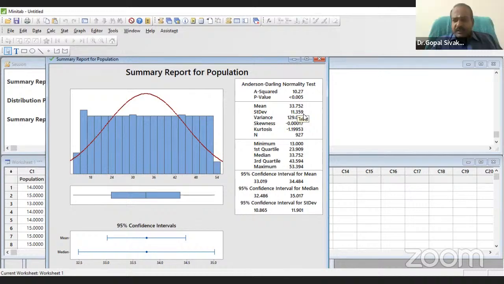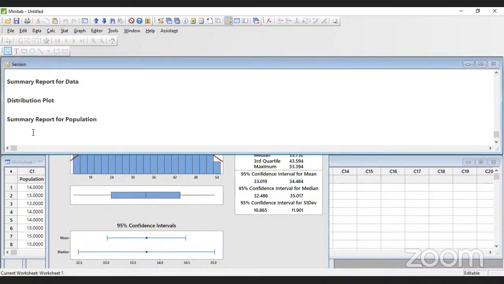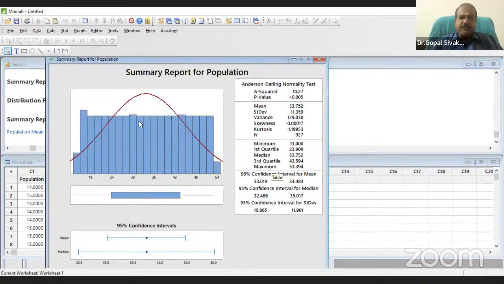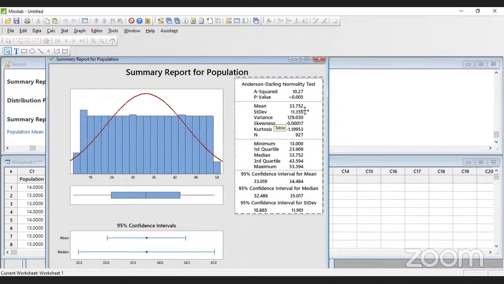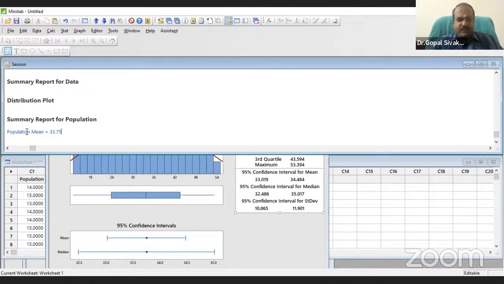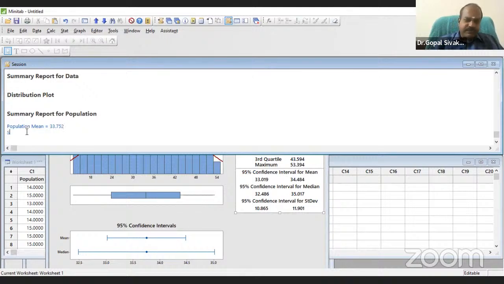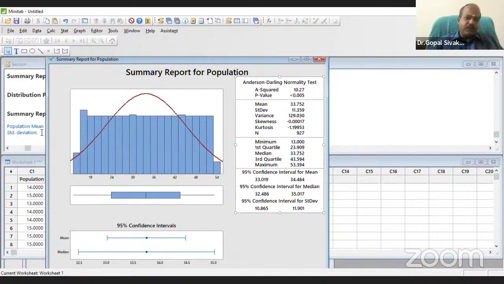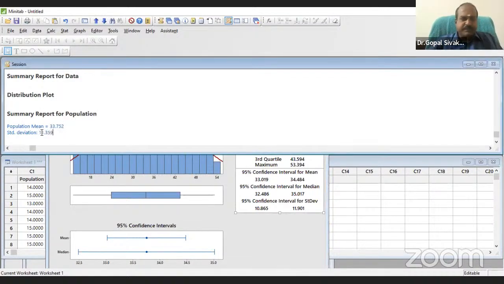33.752. Population standard deviation is how much? 11.359. Now let me type here. Population mean, how much did you say? 33.752. And standard deviation? 11.359. Thank you. Please note,